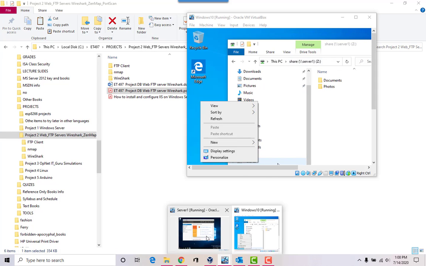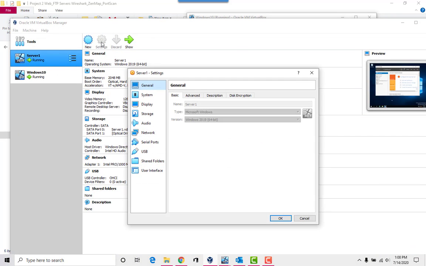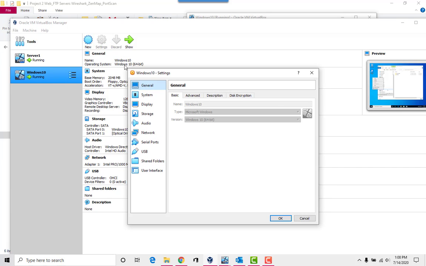First of all, go to VirtualBox and go to Settings, and then go to Advanced and make sure that Share Clipboard and Drag and Drop are set to bidirectional. Similarly for Windows 10, go to Settings, go to Advanced, and make sure it's set to bidirectional. By default they're disabled, but I set them to bidirectional. So we can have drag and drop communication between the machines and the host, and we can copy and paste those files so that we can run them. Alright, so that's the first step.